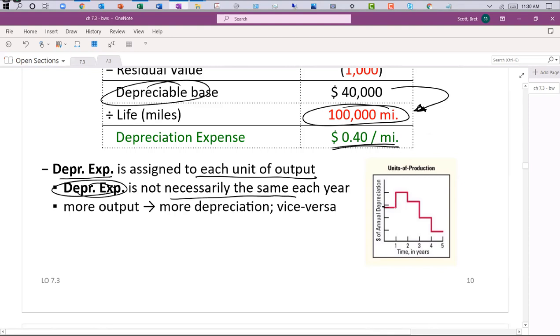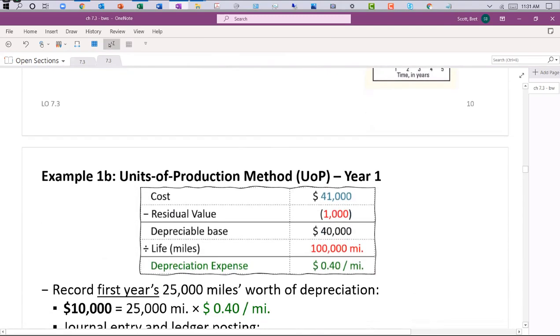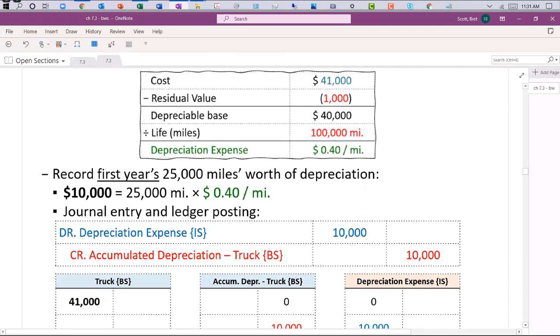We can have some years when it's low, some years when it's high, and maybe as it gets older, we use it less. Who knows, right? So who knows what the pattern is going to be of use? It just depends on the business. So down below, I say, what if we use the truck, drive the truck for 25,000 miles? Well, if you just multiply that 25,000 miles times the 40 cents, that means we've consumed